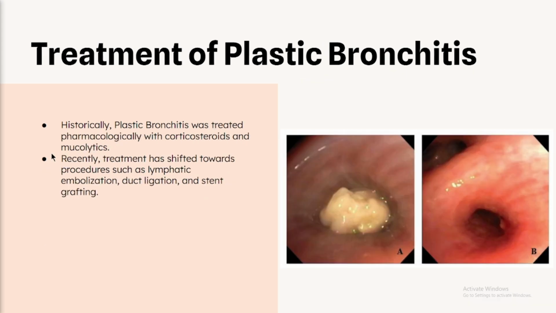So how do we treat plastic bronchitis? Like we talked about earlier with that video, treatment depends on the underlying cause. Historically, patients were given steroids, bronchodilators, mucolytics, and chest physiotherapy, but these didn't address the root cause. It was like slapping a band-aid on a gunshot wound. It might stop the bleeding for a little bit, but you still are going to have all the other problems